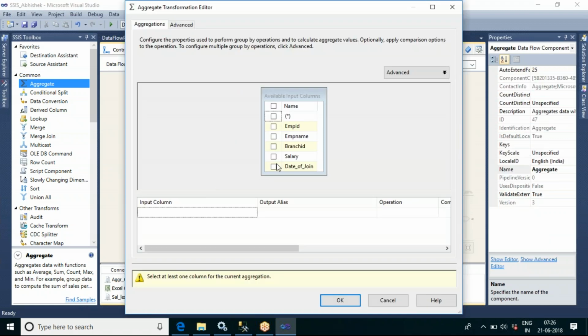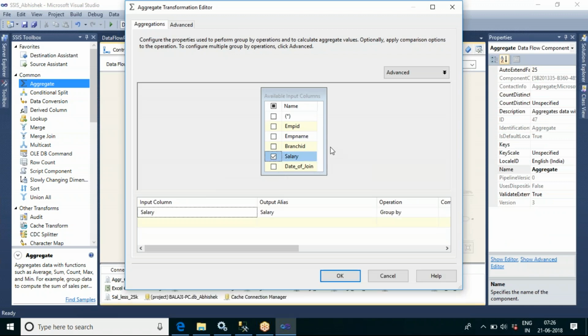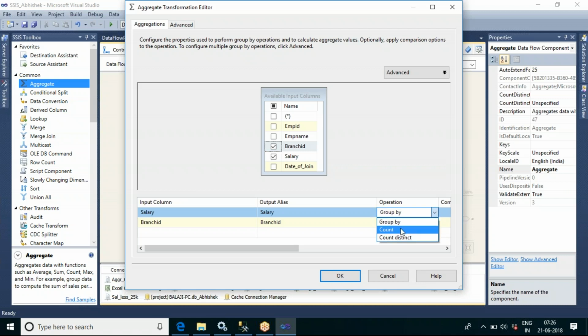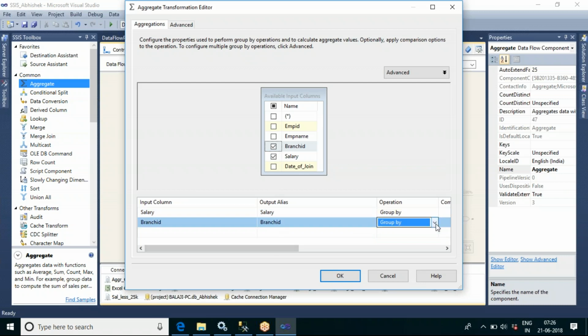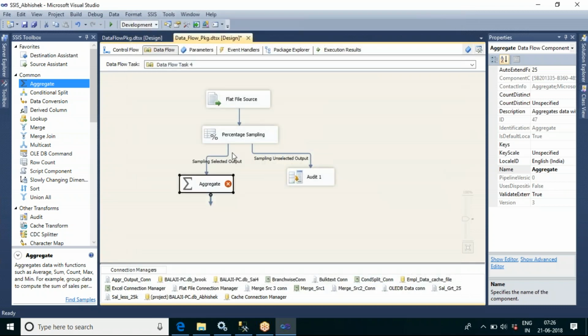In the aggregate, you can go and have employee ID or salary, branch wise salary. I think salary here is also a string value, and branch ID. So all are text values now.